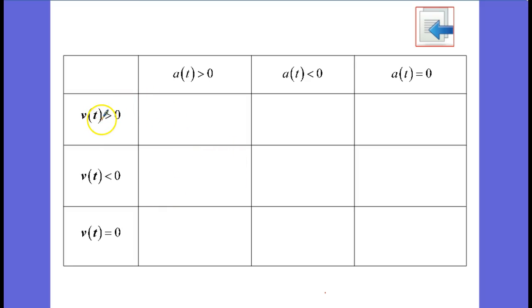Now, if my velocity is positive and the acceleration is positive, that means that my particle is going to be speeding up. And again, an easy way to remember that is that the signs are the same. They're both positive. In fact, it might help to jot that down. All right. If the velocity is positive and the acceleration is negative, I have opposite signs, and it will be